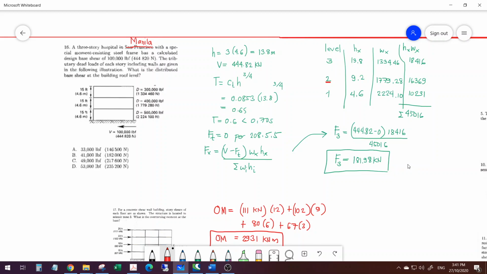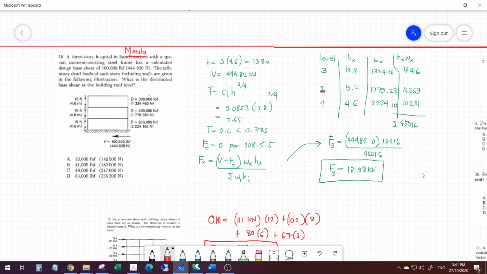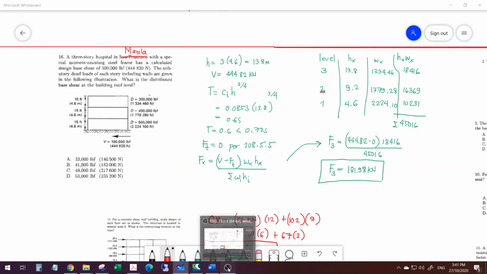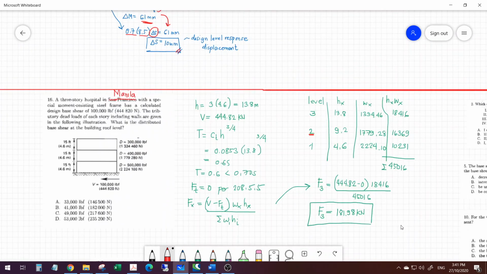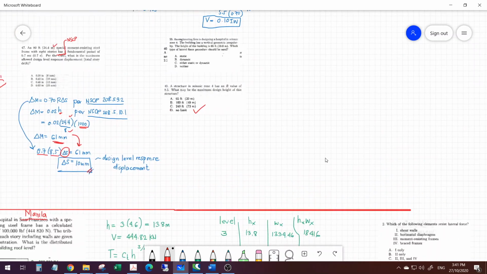In the previous videos, you learned how to get the base shear from the given parameters. So today, I'll be teaching how to determine the forces per story, or on a specified level, in the structure. But before that, I think I forgot